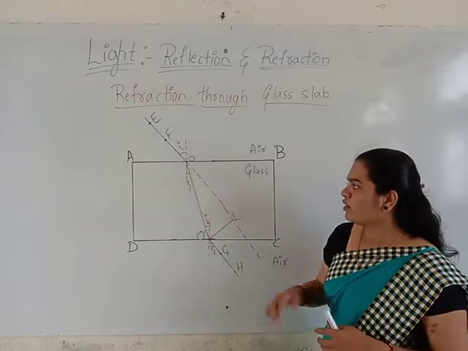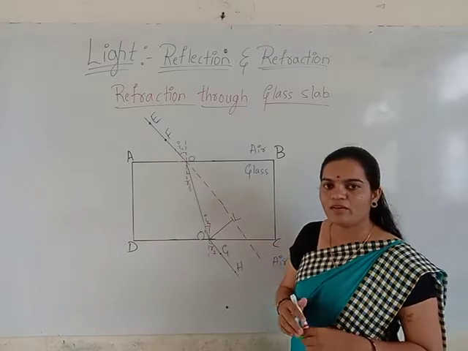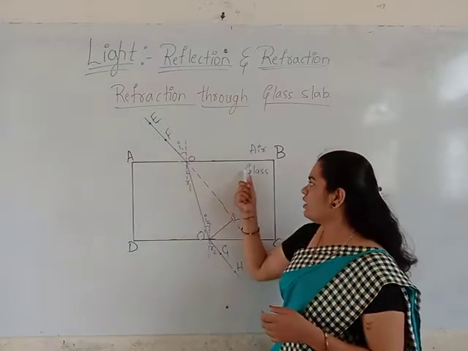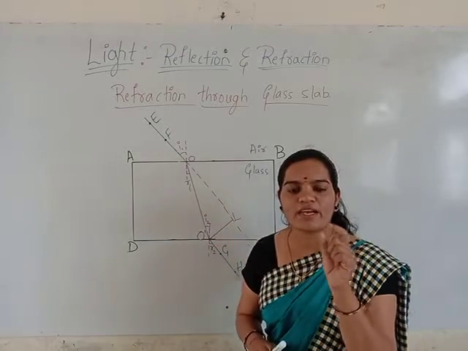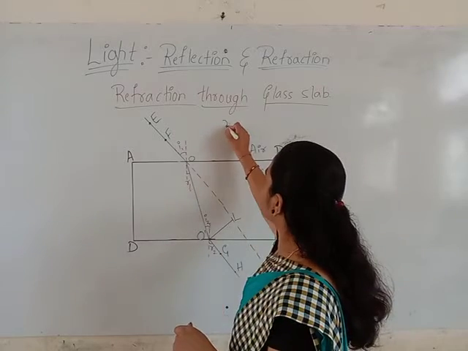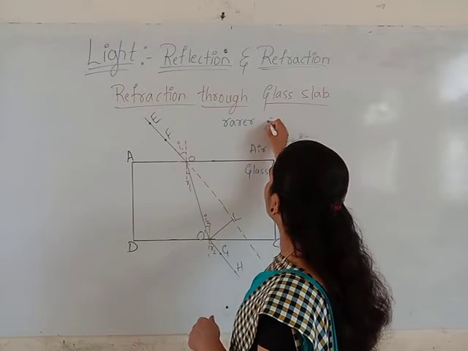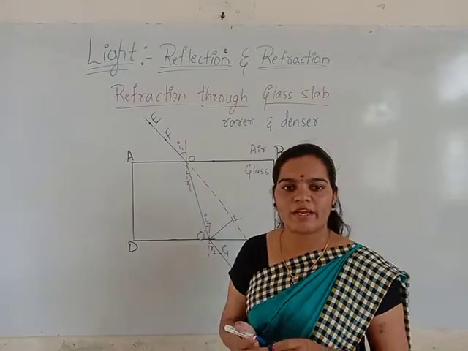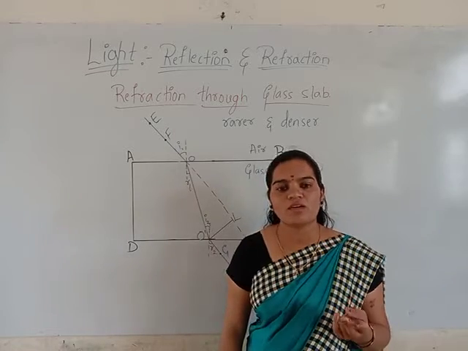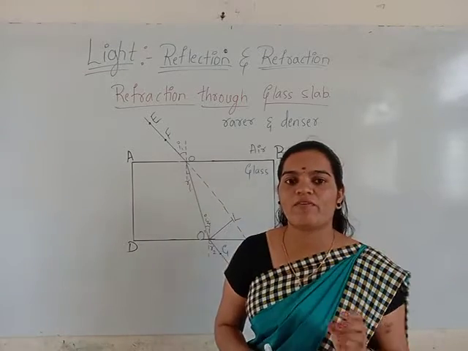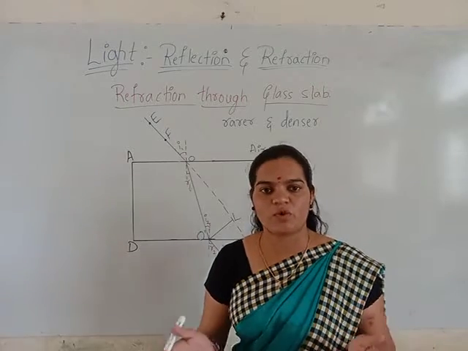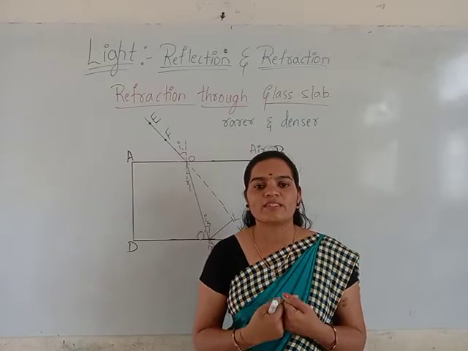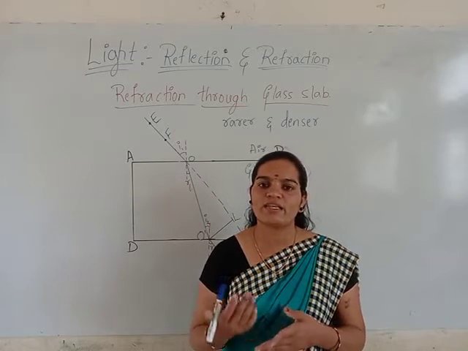So the next thing, this is the one case where the ray of light is traveling from the rarer medium to the denser medium. Do you understand the words rarer and denser? Rarer and denser. When we take any 2 mediums, the rarer medium is where the light can travel the fastest, where the space is more for the particles to move. Where the particles are packed a little more tightly as compared to the other one, that is the denser medium.